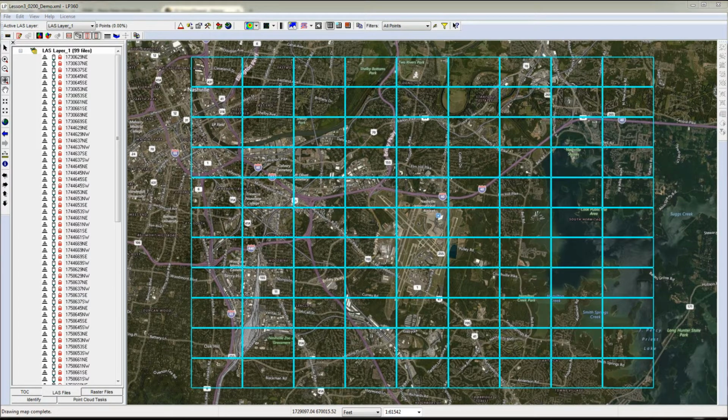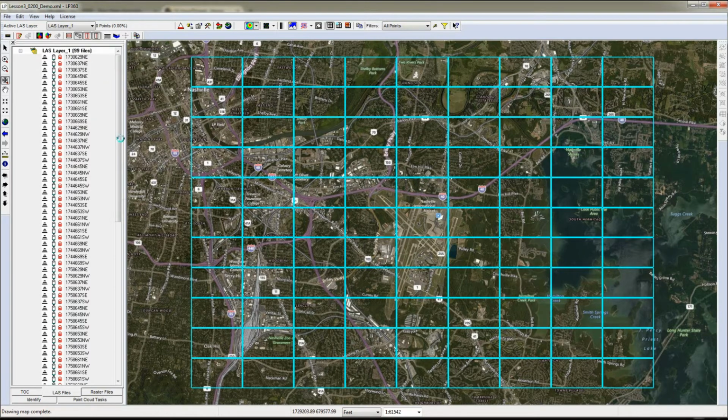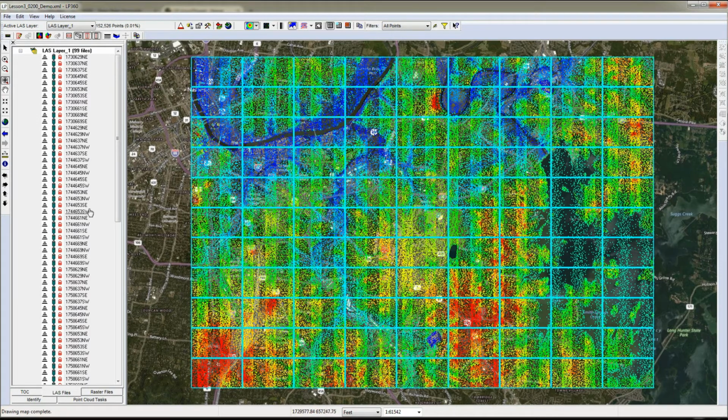If you recall, point density images are created using the export LiDAR data command. So in order to be able to export the LiDAR data, we're going to need to actually load it. Remember, we loaded the footprints only. So again, I'm going to have to select all the files and right-click and say Load Selected Files. And now notice the CAN icons will begin to fill up, and I see the data actually appear on the